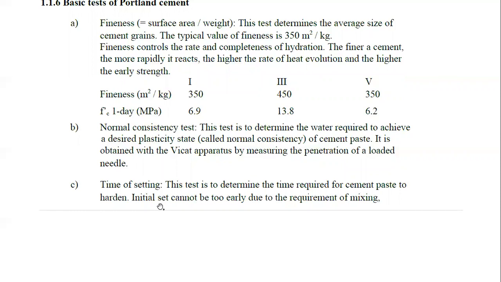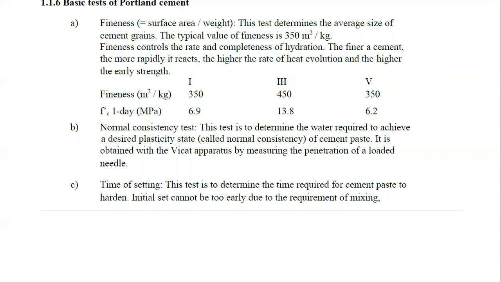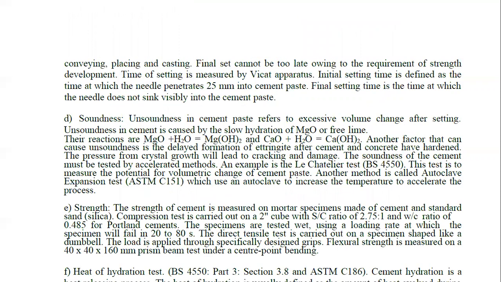Third one is time of setting. This test is to determine the time required for cement paste to harden. Initial set cannot be too early due to the requirement of mixing. So basically initial setting time और final setting time इस cement का निकाला जाता है. 30 minutes और 600 minutes होता है. Final set cannot be too late owing to the requirements of strength development. Time of setting is measured by the Vicat